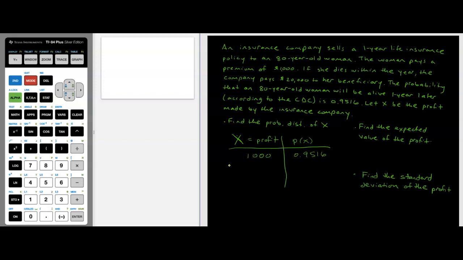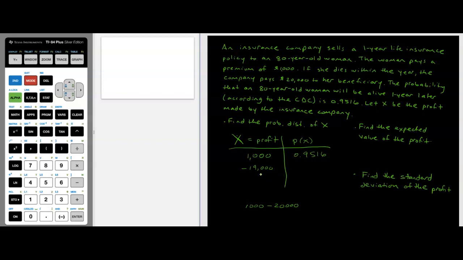They've already got $1,000 from her premium, but then they're paying out $20,000. And so if they start with $1,000 and they have to pay out $20,000, their net is a negative $19,000. So their profit in the case that she dies would be a negative $19,000, but the